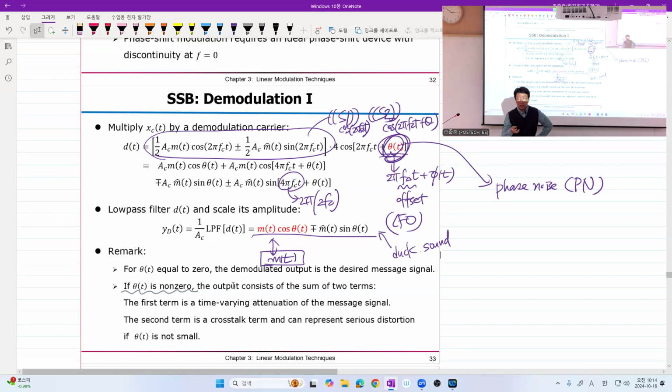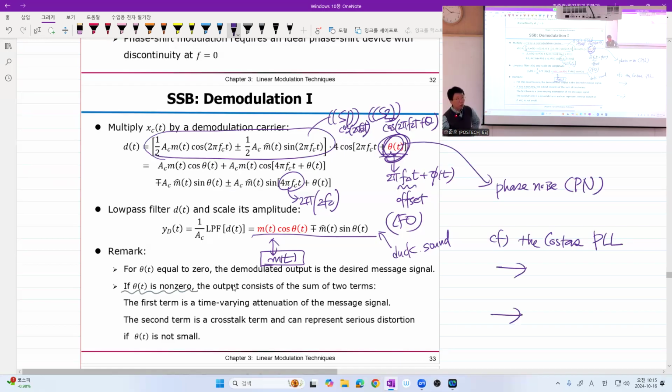Especially the Costas phase locked loop is, mathematically at least, very useful for DSB. And you can easily show that the Costas PLL has something like this: m of t cosine phi of t and m of t sine phi of t